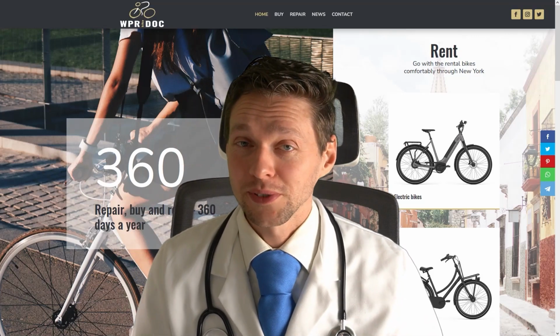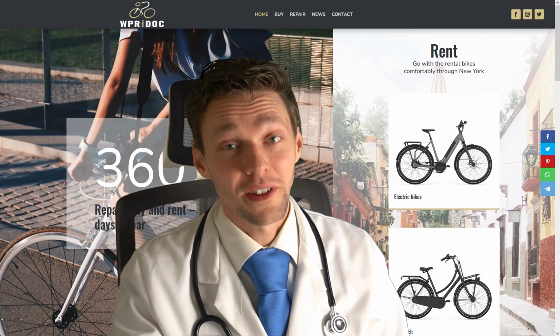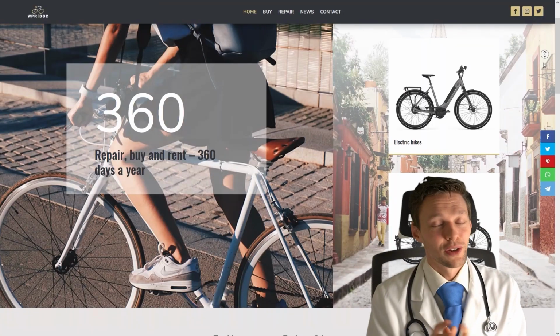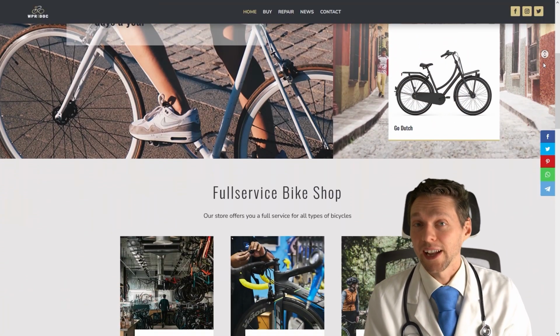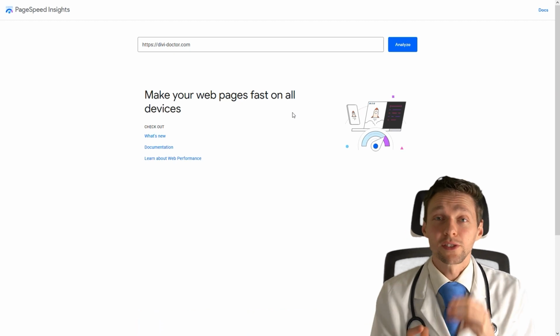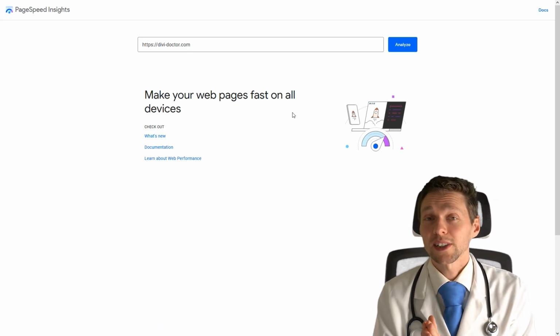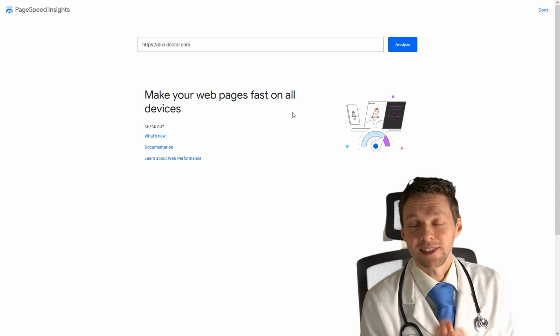Nobody likes a slow website, so I'm going to help you out in just 5 simple steps. The first thing, of course, is to see how fast this website is without changing anything. For that, we are using 3 different tools, and we're going to check them multiple times during this tutorial.